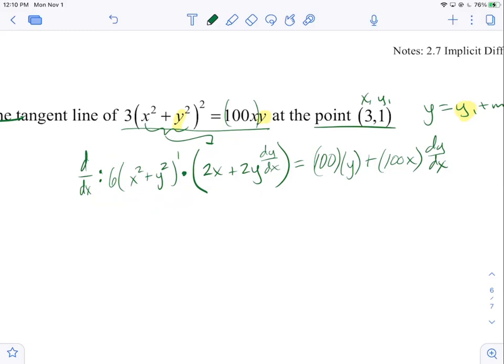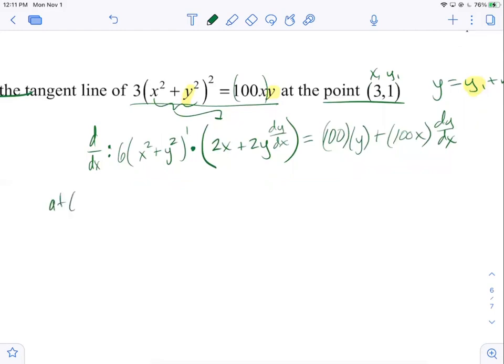You take whatever's out front and you distribute it all the way through. You expand it out. If you expand it out, you're going to have some gnarly terms, aren't you? You could actually be very diligent and take care of each term, solve for dy/dx. But we're after just the numeric slope. So here's where the strategy comes in: let's plug in first and then solve, rather than solve then plug in. So now I'm going to say at the point (3, 1):